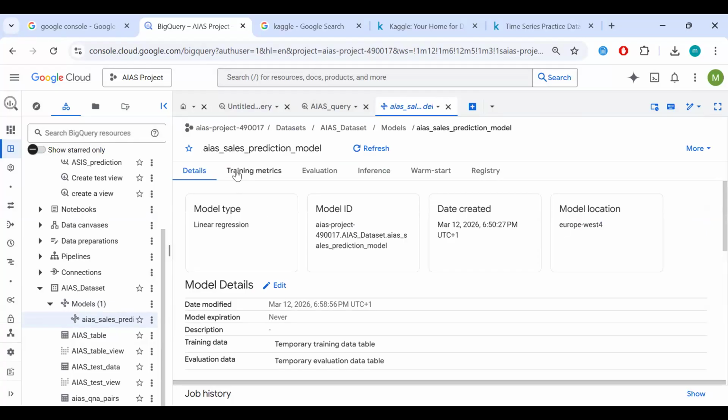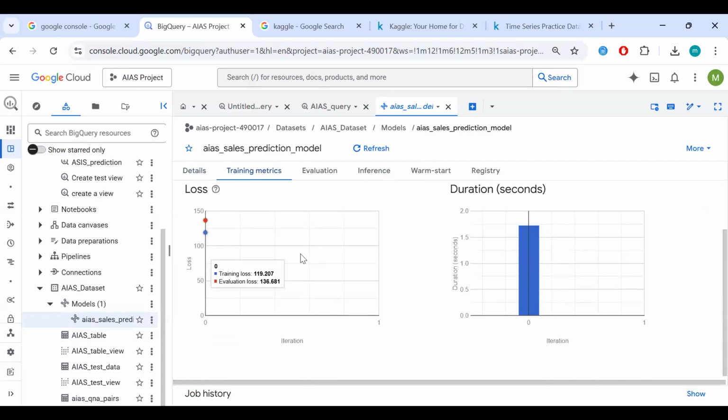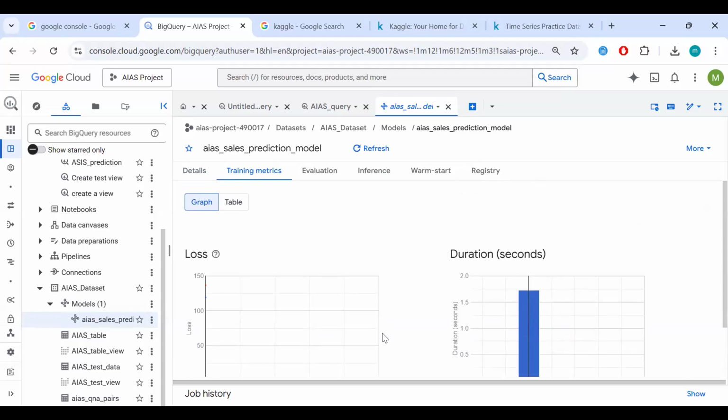Then we got the training metrics. Now, because our data wasn't as intense as it should be, or ideally would be, we don't really see this graph come to life. But naturally, it would go from here and go downwards, right? And what that means is because we had only one iteration, if I had done more, you would see the loss go down, basically. And as your loss is going down, it means your model is getting better at predictions. So you see just one iteration, but like I said, we're keeping it light and simple.